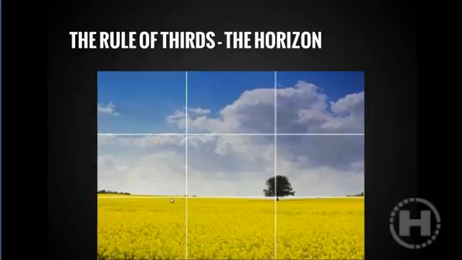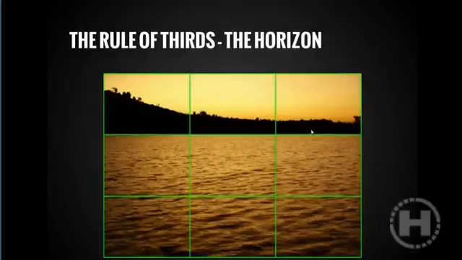So when you're shooting landscapes, decide which is the winner. Is it the sky or is it the foreground? In this instance, he's saying the winner here is the sky, so I'm going to place the horizon line on the bottom half, have more sky, less foreground. Here's an exact opposite example. Here we've got the water being the winner, and then we've got the horizon line right on that top